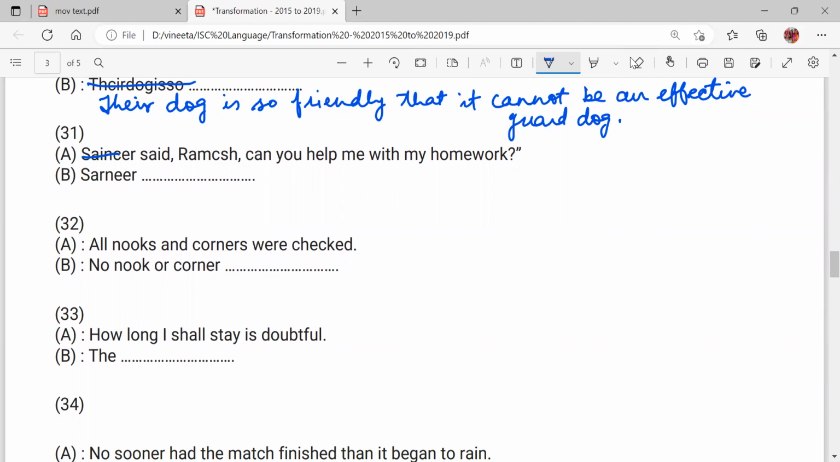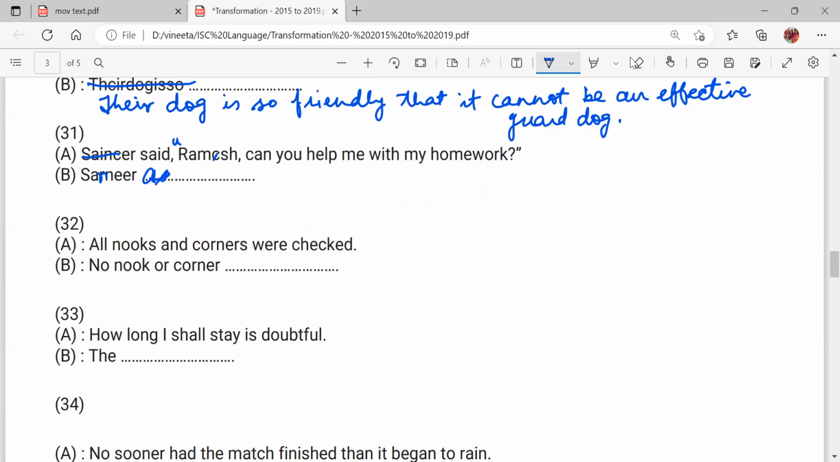Right? Next. Sameer said, the spelling is wrong here. Sameer said, Ramesh, can you help me with my homework? After said, there must be a comma. Okay, so it is direct speech. We'll change it into indirect. It must be Sameer, I believe. Sameer